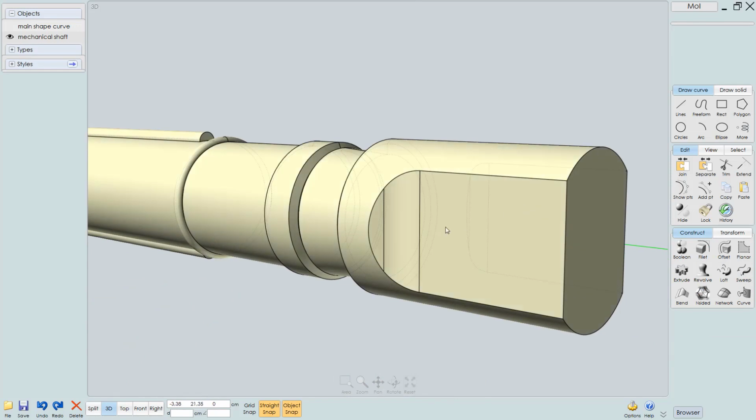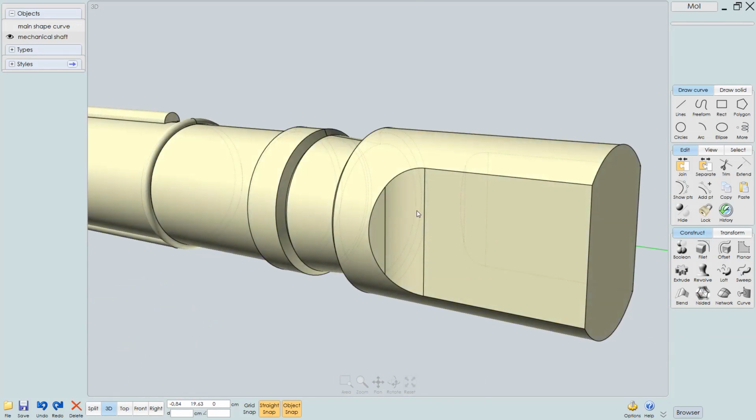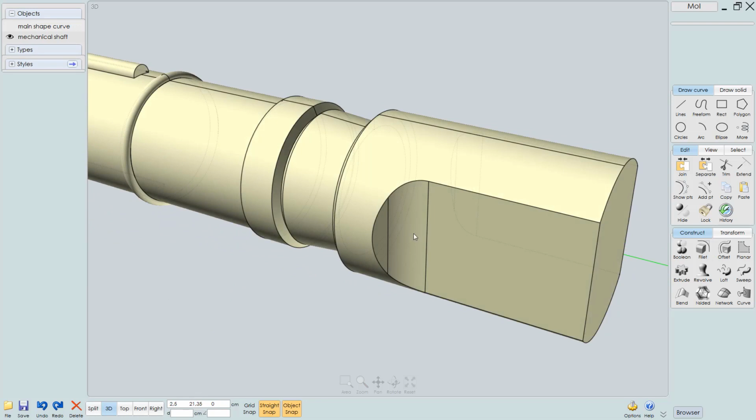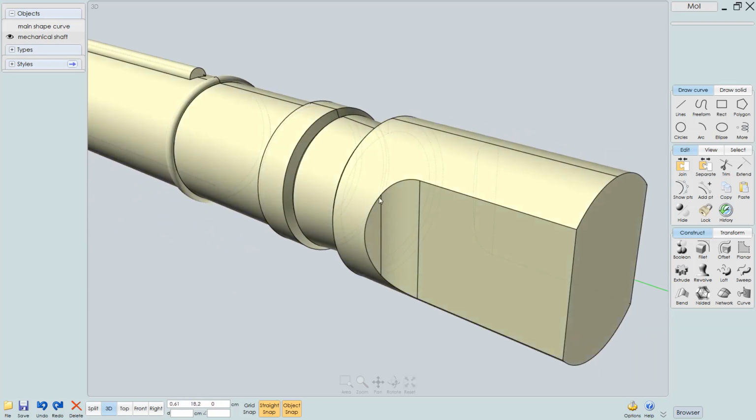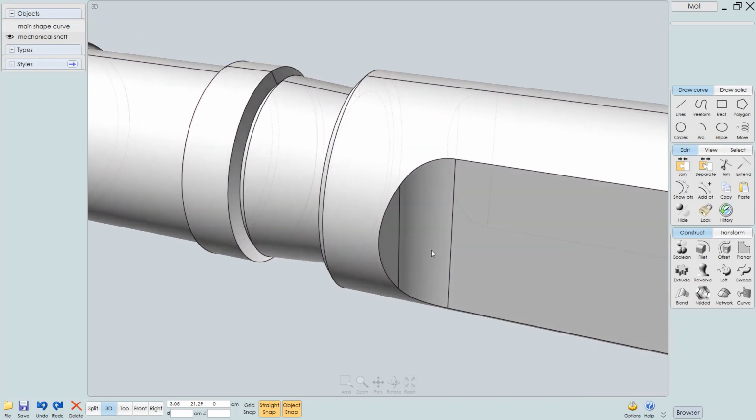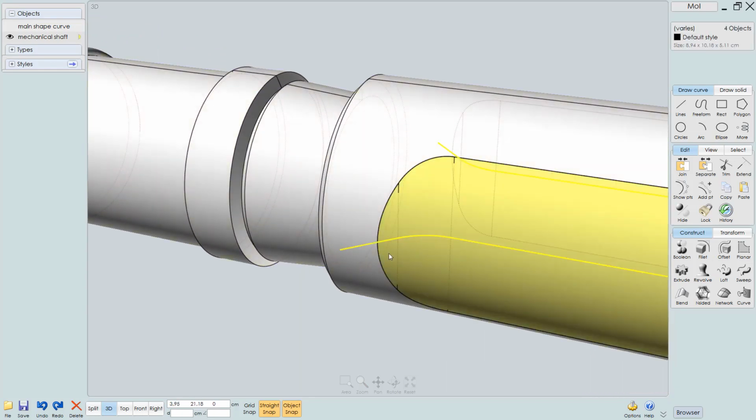Now you can see we'll have to do this again because we're getting these additional edges, and I don't want these. This is what happens when you don't rebuild the curves. You get these additional edges, and depending on how big you want your fillets to be, this can become a problem because of these additional edges that we have here. So I'll just go back,